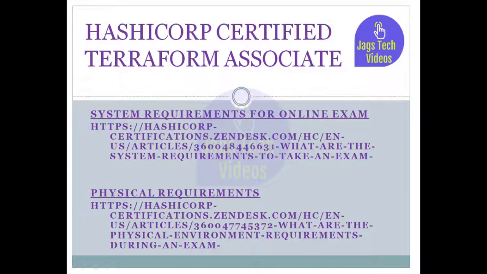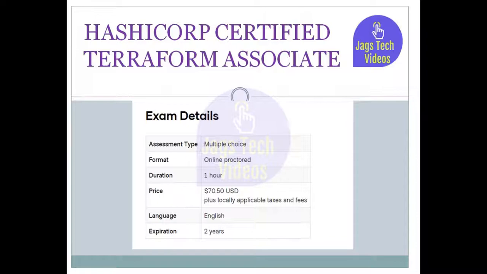If you do not have a matching name, just contact the examination people. There will be an email ID available as soon as you register for the exam, so you should reach them and get it clarified. If at the last point of the exam time they say it's not okay, then you'll need to reschedule the exam, or I'm not sure what kind of actions they will take. I doubt they will allow you to reschedule if the ID is not proper. So just be careful with it, and that is mostly it.